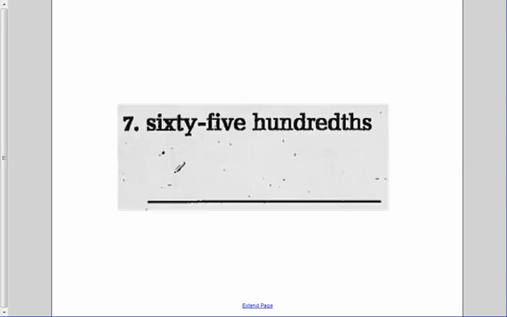All right, number 7, 65 hundredths. So this would be 0 and 65 hundredths, because I go out to the hundredths place, that second number, and then to write this again as a fraction, it goes out to our hundredths place, so it's out of 100, so 65 in my numerator, the top number. We could reduce this, absolutely, but since the number is 65 hundredths, this would be our equivalent fraction